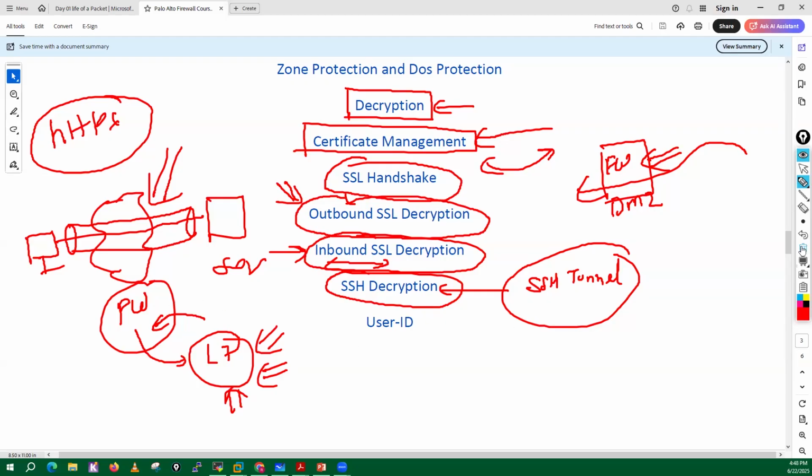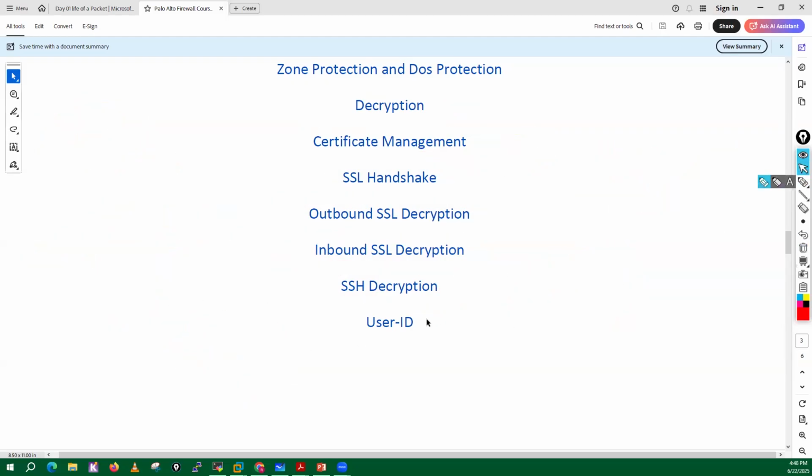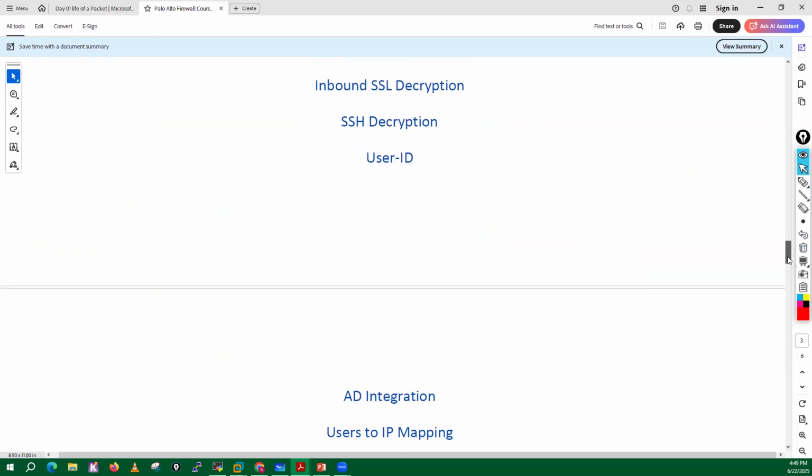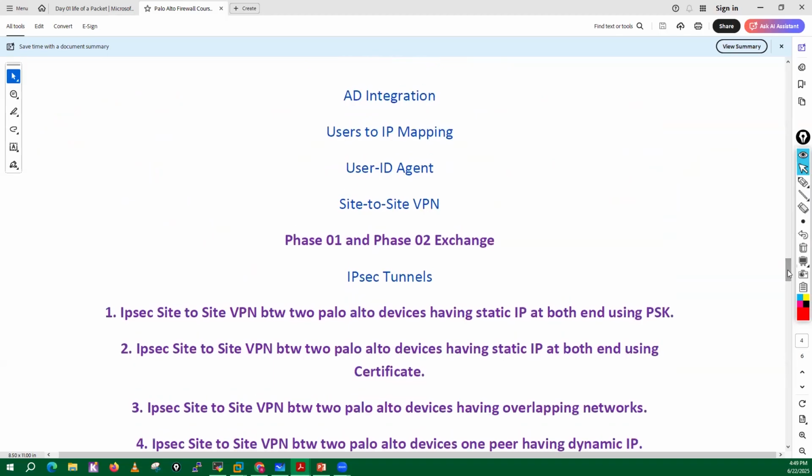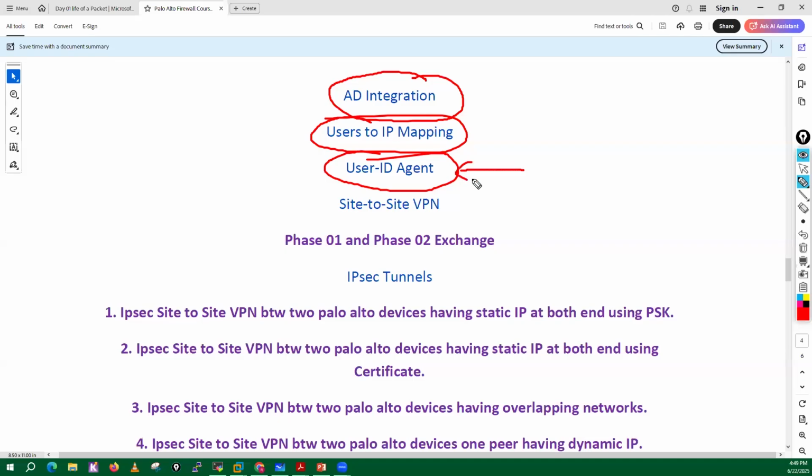Okay. Once this part is complete, I'll move towards the most important topic, which is user identification. Very nice topic. We will discuss how we can create user to IP mapping and user to group mapping, how we can do Active Directory integration, and how we can use the external User-ID agent or the built-in PAN-OS User-ID agent to collect this mapping.